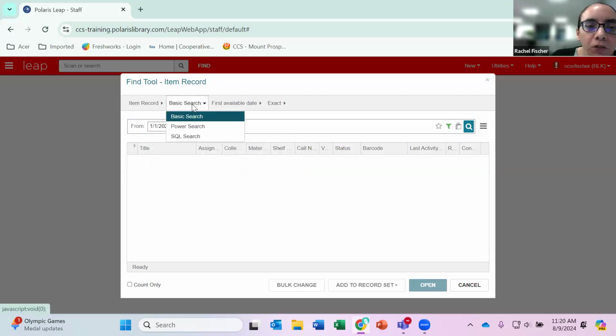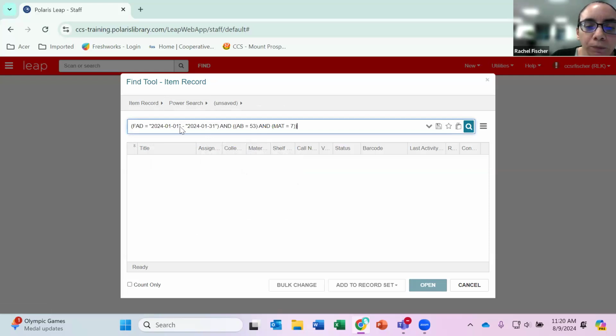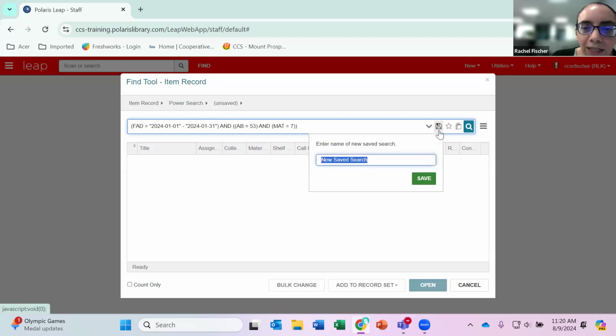And this is where using a power search to search for new items is useful. So I'm going to switch from basic search to power search. And you can see here that it's changed my filters to the common command language for power search. So here's the assigned branch and material type, and it's got the first available date here. And you can just press save to save those filters